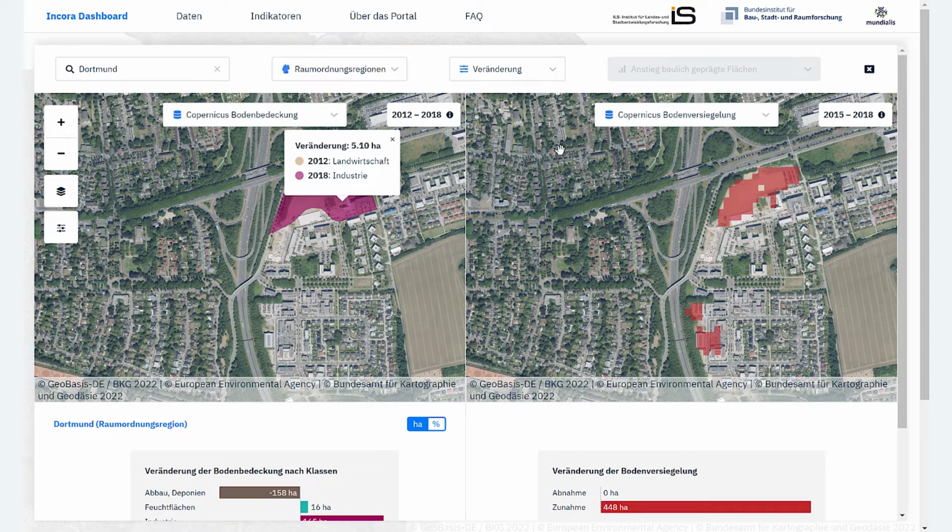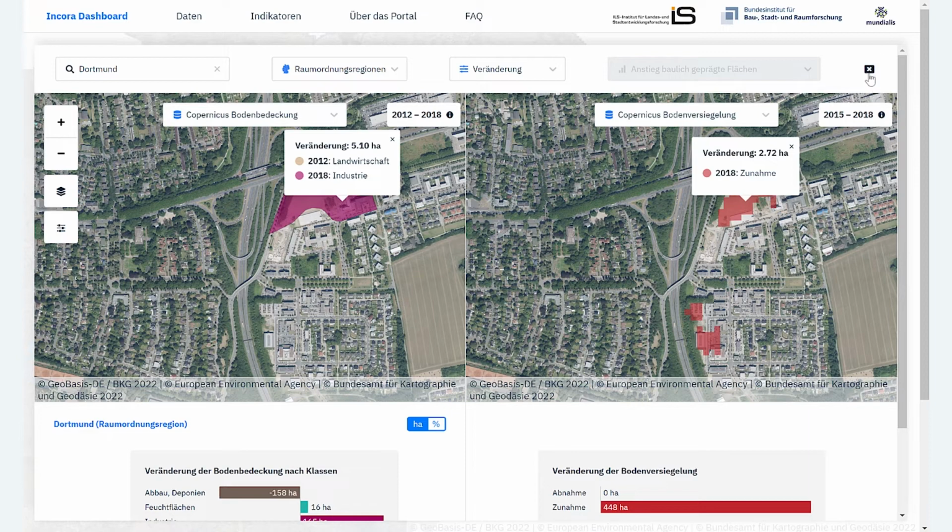Meanwhile, at the same place, the Copernicus soil ceiling map says that a patch with a size of 2.7 hectare was sealed during the period between 2015 and 2018. This part explains why these two datasets give different values to the indicator increase of build-up.